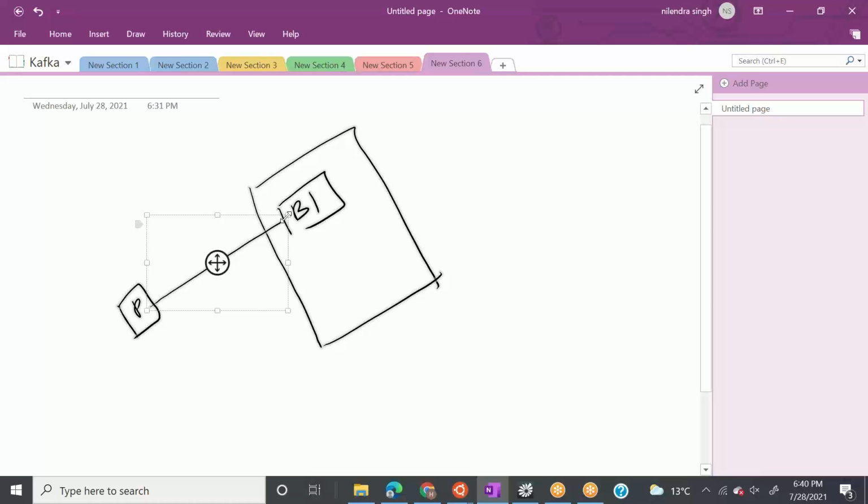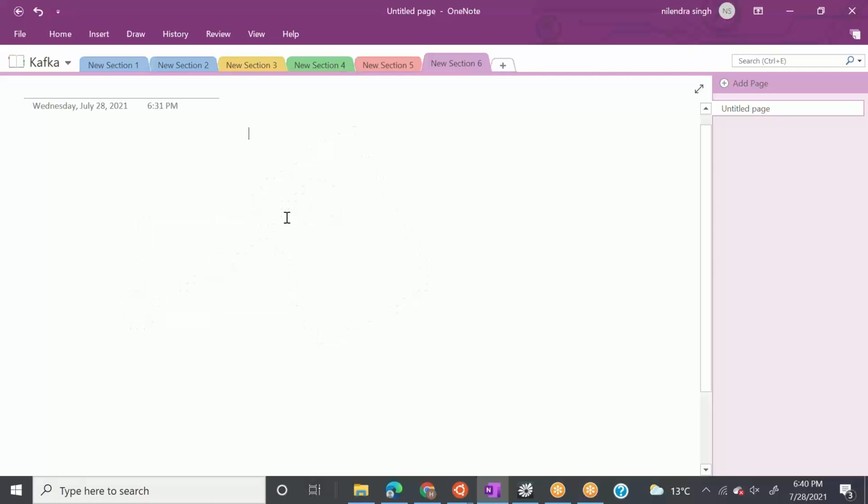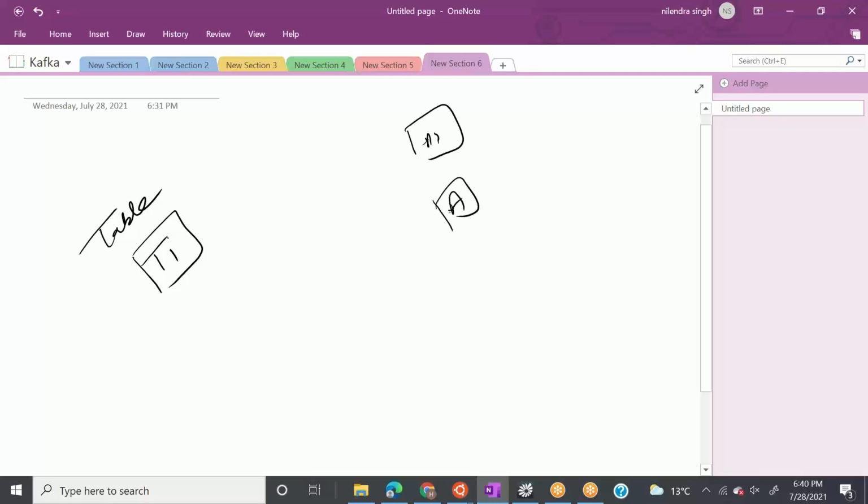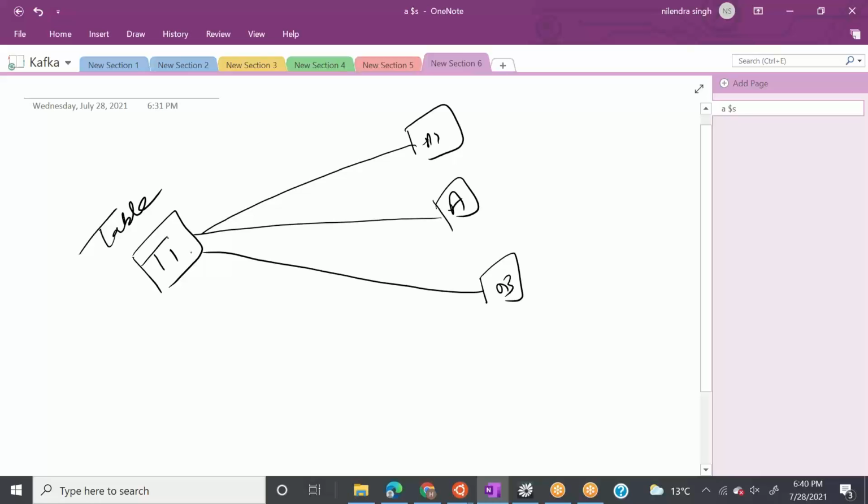Like a table in a database, for example. Table T1. Whenever we want to insert records, let's say we have multiple applications, A1, A2, A3, these applications will be writing records to T1.